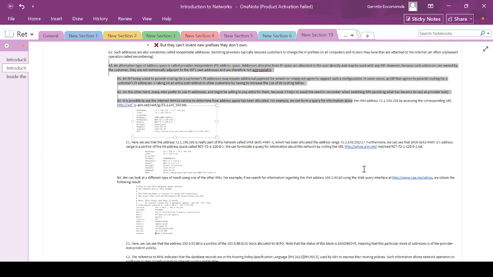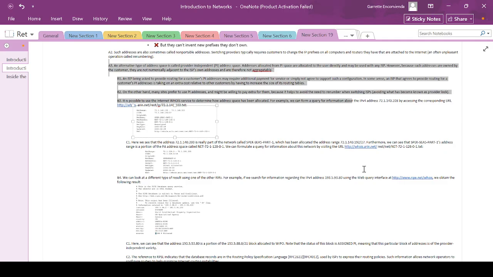Because they're not numerically adjacent, unlike the aggregation of routing table entries, like in the tree structure we discussed earlier where adjacent IPs save a lot of routing table entries, they will need more routing table entries,